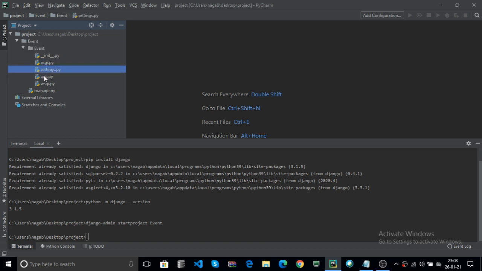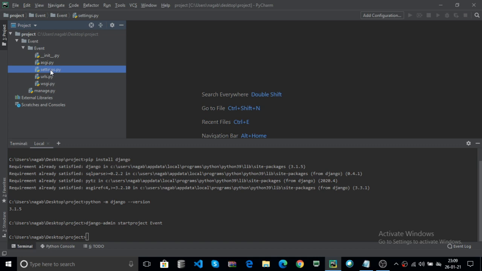All the Python files are modules. The Python files are also called modules. They contain the functions. Now what is ASGI? It is a gateway. It provides the services for you.